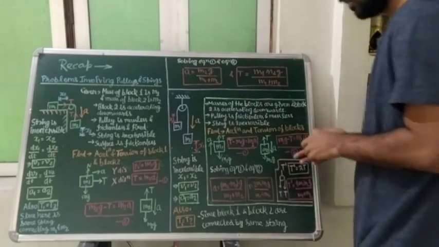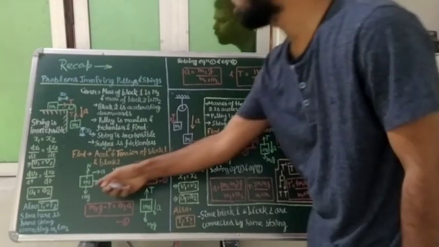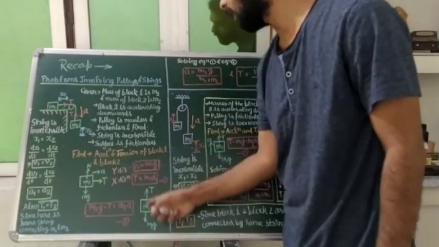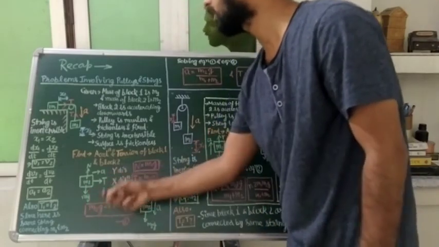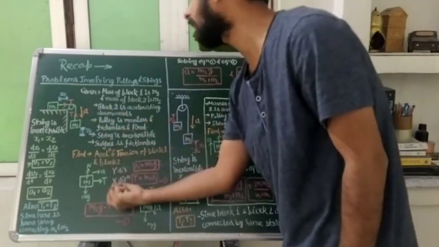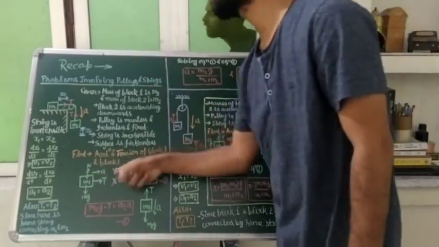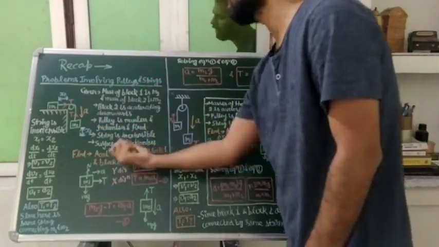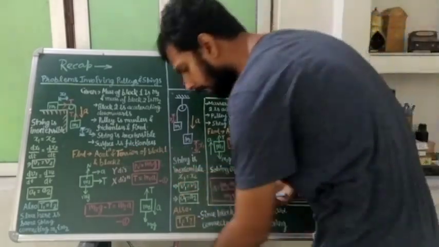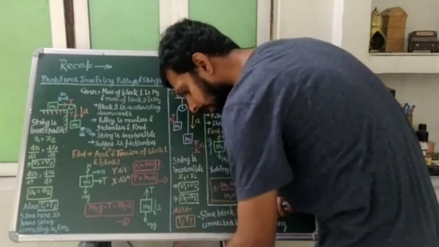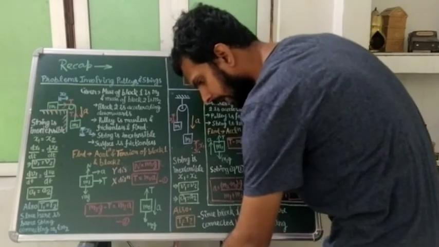So we made the free body diagram of mass m1 and mass m2. For mass m1, the force due to gravity, its weight, acts in the downward direction. Due to the contact, the normal force acts perpendicular to the contact surface, and the tension T1 acts here, and the block is accelerating in the positive x direction. Then we resolved it in the x and y directions.